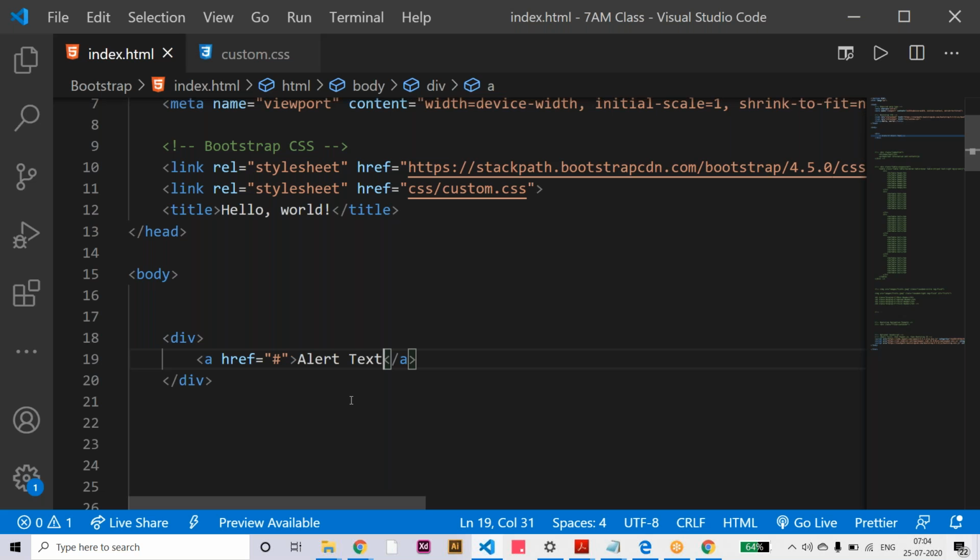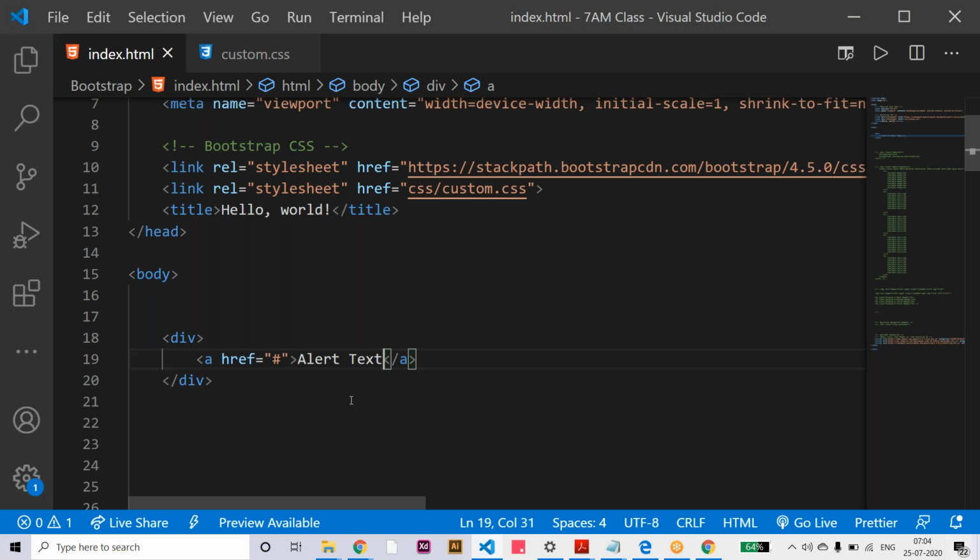Suppose when the page is loading we are going to show some alerting message on the top of the screen, or displaying on the page itself. We can apply alert classes here. And in the alert class also we have different background color themes, like yellow, blue, dark, like primary, secondary, like success. We have the different color themes for highlighting that alert text here.